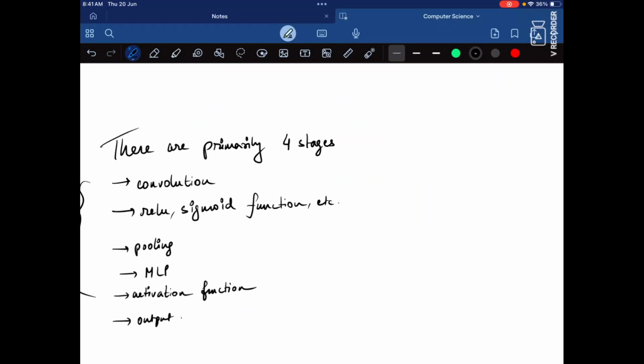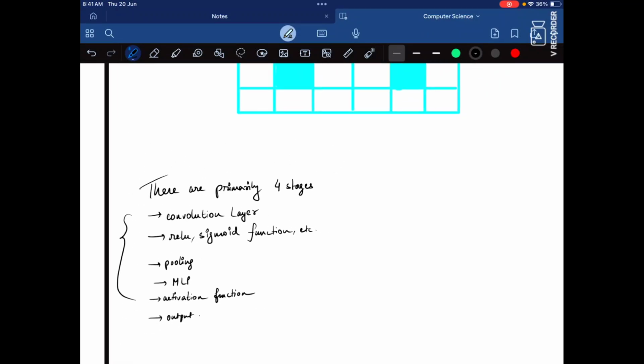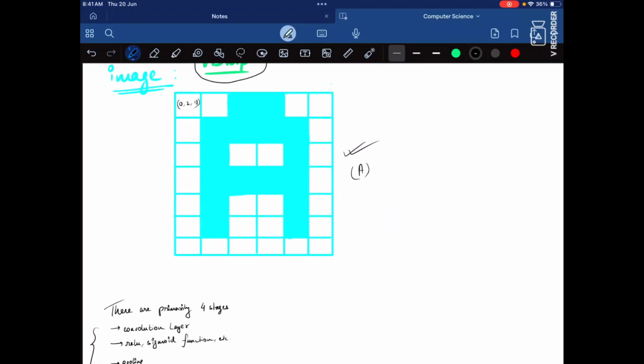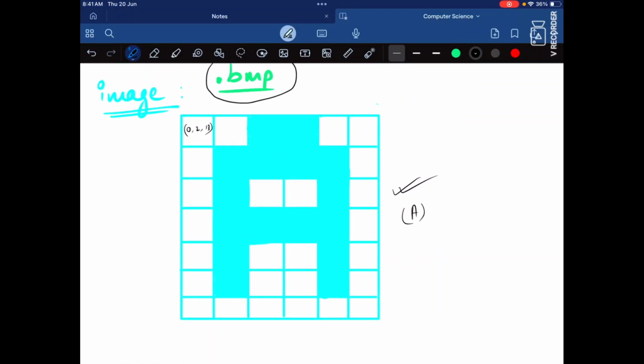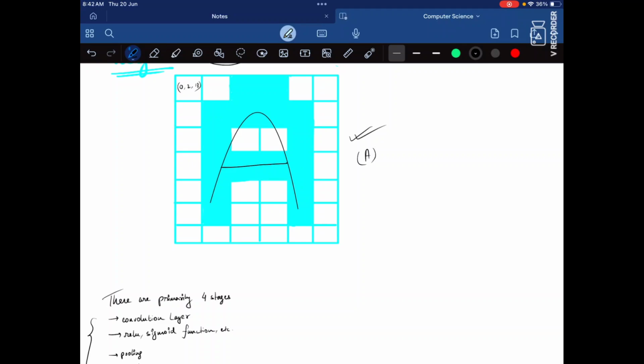The first one being the convolution layer. In this layer, what we do is see the whole image and try to draw an outline like this. We try to draw an outline to help us understand what the features of an image are.